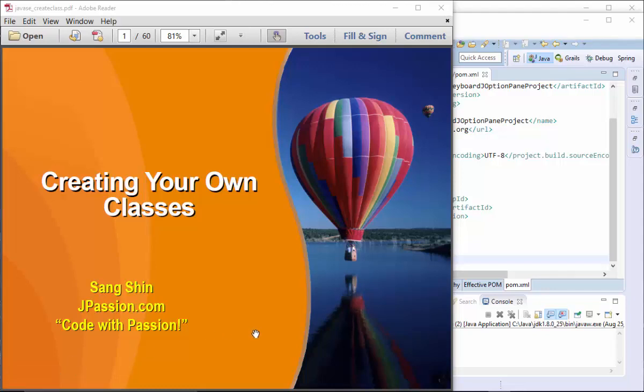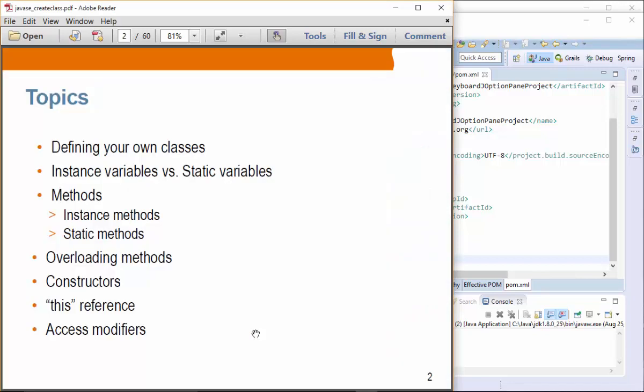Creating your own classes. So far, we have dealt with built-in classes that come with the JDK, such as the String class and Integer class and things like that. Here, we want to create our own class. We'll see how we can define our own class, and we are going to talk about instance variables